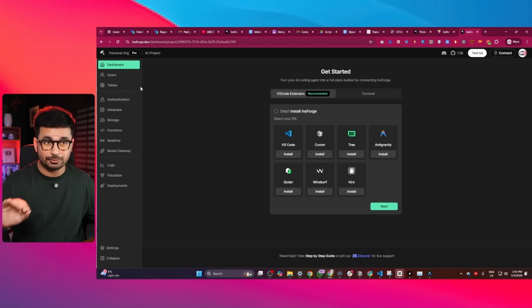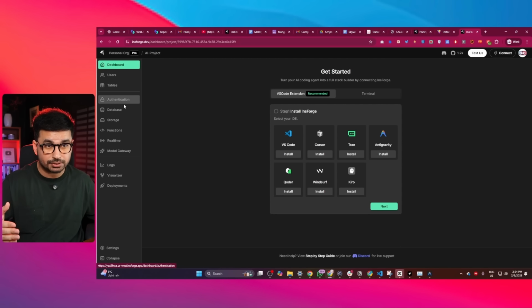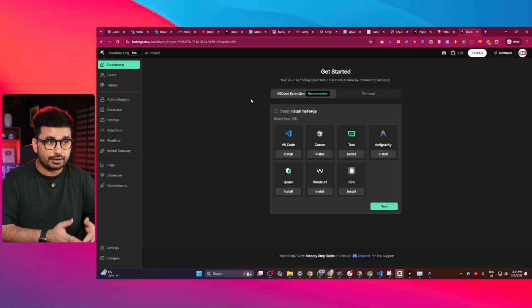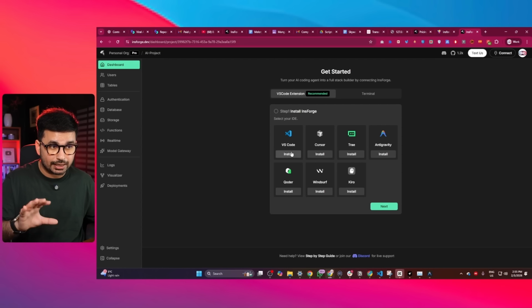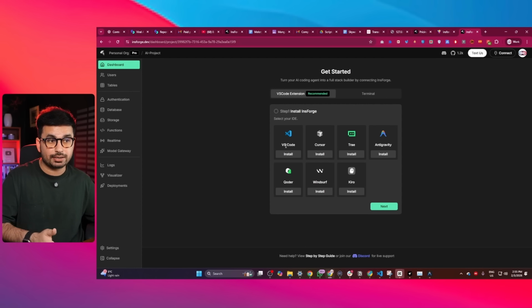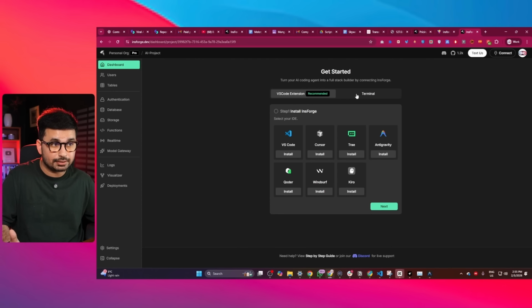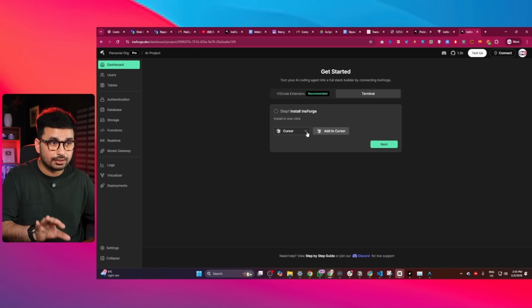So it can directly communicate with your project inside INSFORGE. It can create tables, authentication systems, it can build databases, it can basically do anything which is required during the entire development process without your intervention. And if you're using any of these AI code editors, you can directly just install the INSFORGE extension inside your AI code editor. Another simple way is you can just use the terminal and install INSFORGE MCP server using your